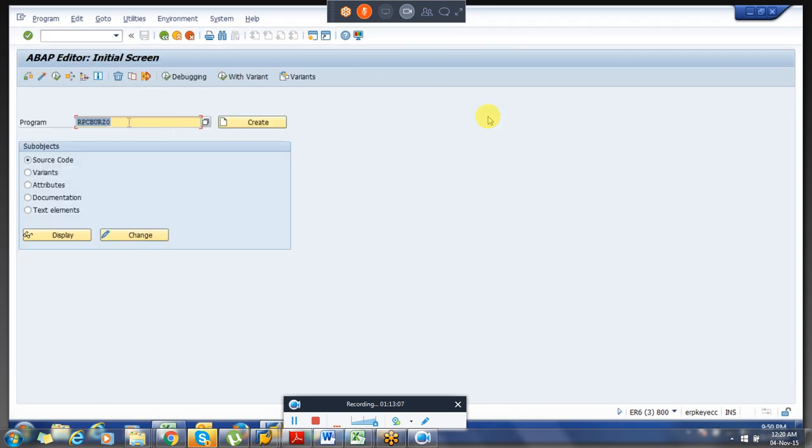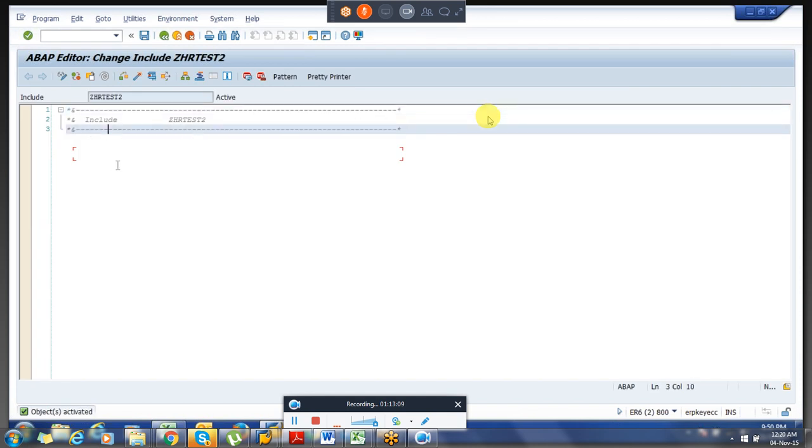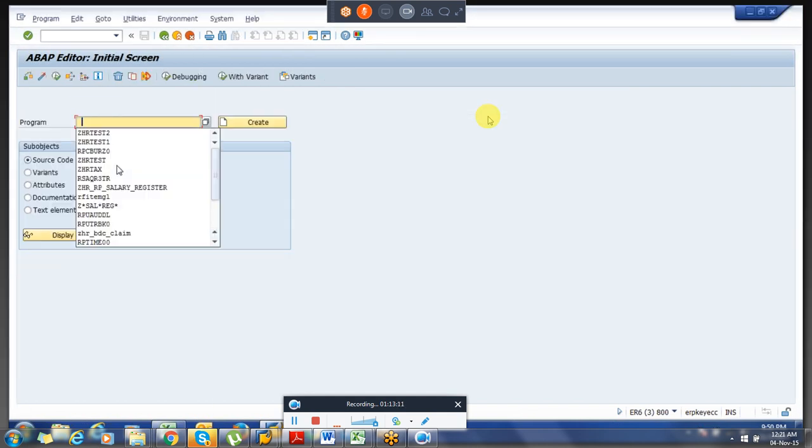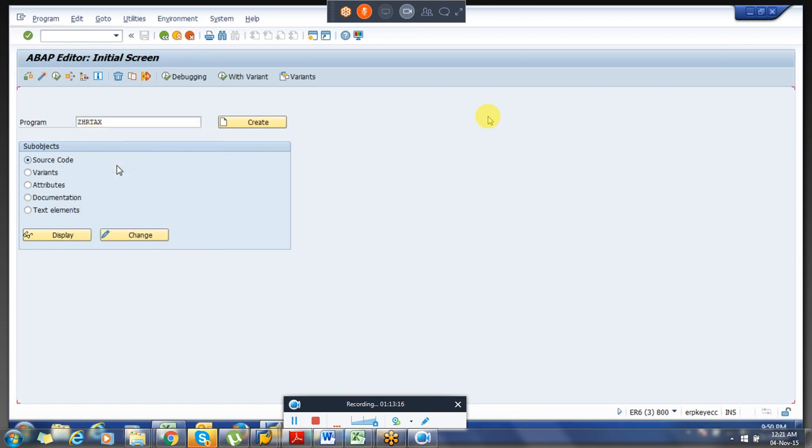So here is the program. As I said, I am not a master in programming, but still I will manage to explain what I have written, copying somewhere from Google and somewhere from the standard programs within SAP.